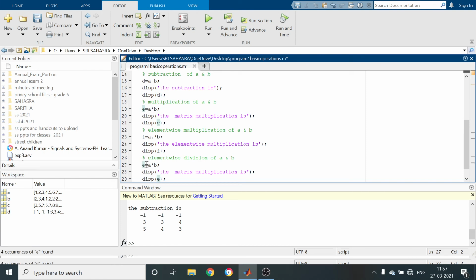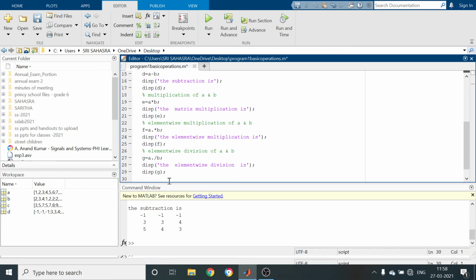So here I am going to store in a variable G, dot slash. So element wise division. Just observe clearly. Now I have to write disp G.